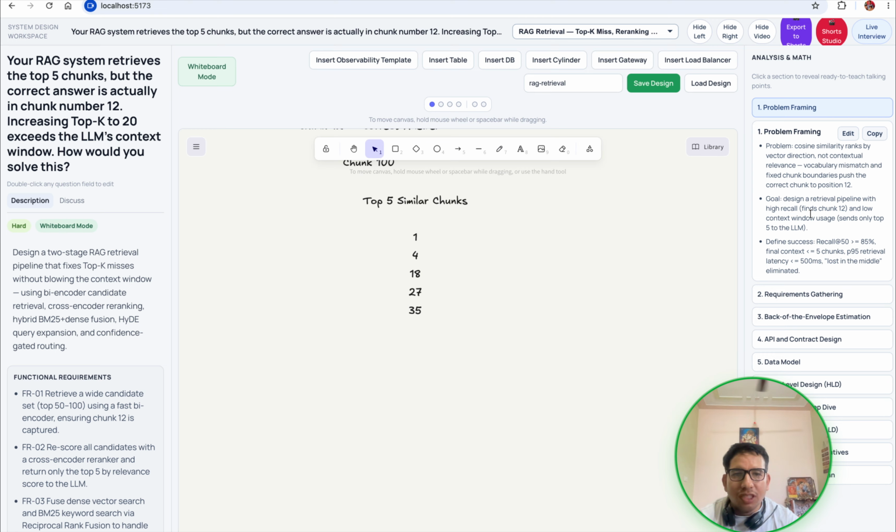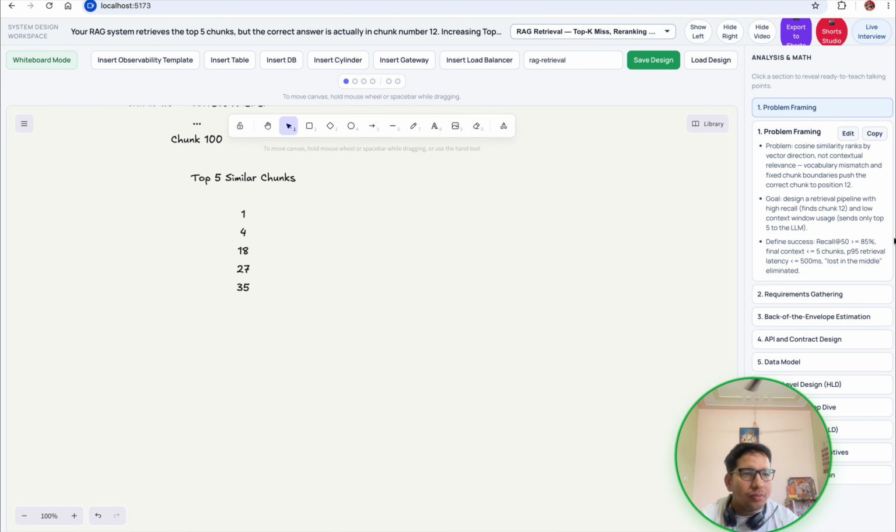So the first solution is, instead of searching once, we search multiple ways. The original question: how can I reset my password? It generates variations: change password, forgot password, password recovery, login credential reset. Each query retrieves different chunks. Merge the chunks. This dramatically improves recall.